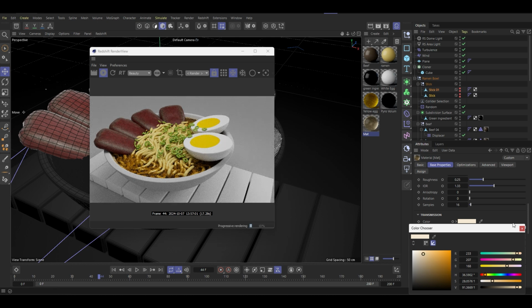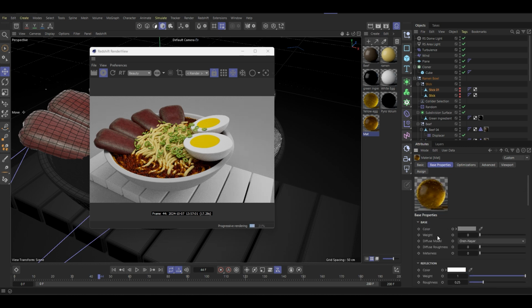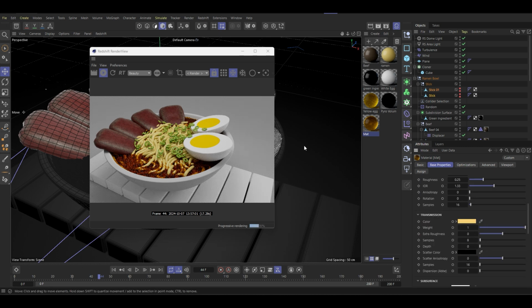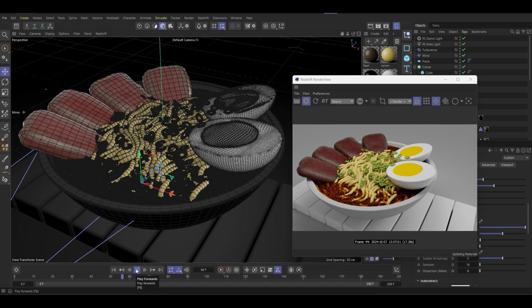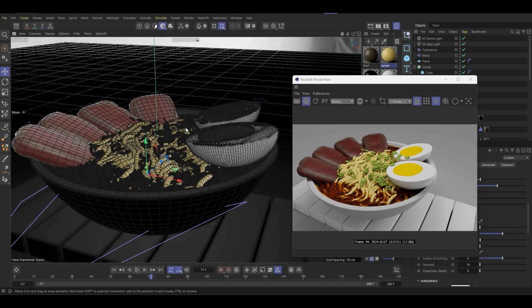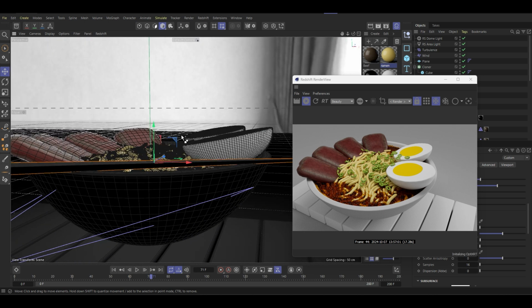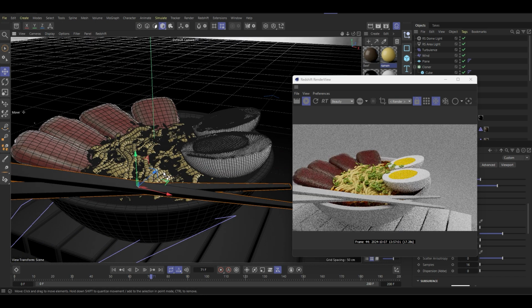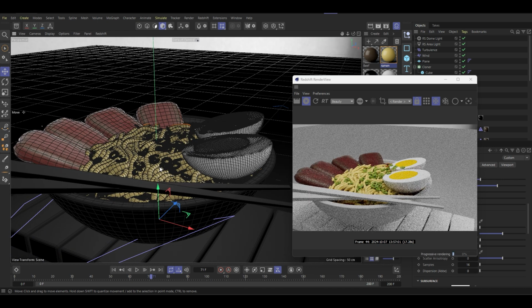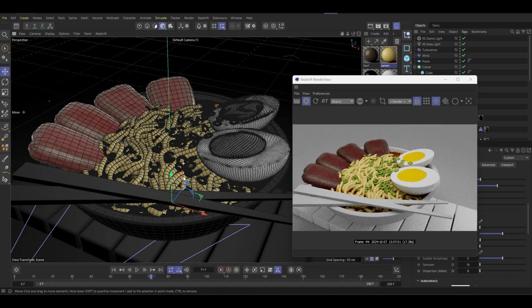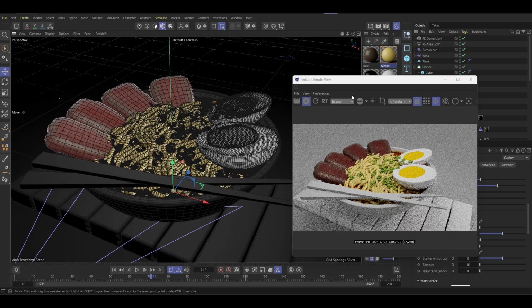If we do, not like this, but okay. Alright, and we can also use